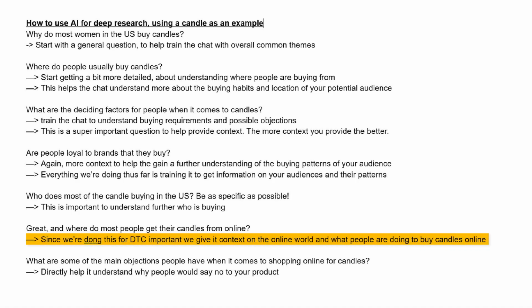It's important that at this stage you start looking at the buying pattern online because it's going to be different. I can't smell or physically hold the candle. All I can do is read what the description says about the scent. So now I'm going to ask, where do people buy their candles from online? And it's going to give you a bunch of output. Some people buy from the boutique store directly, some from Target online, some from Bed Bath and Beyond or Bath and Body Works, whatever. I don't remember which one went broke, which one is still around. But either way, it'll spit out some points for you.